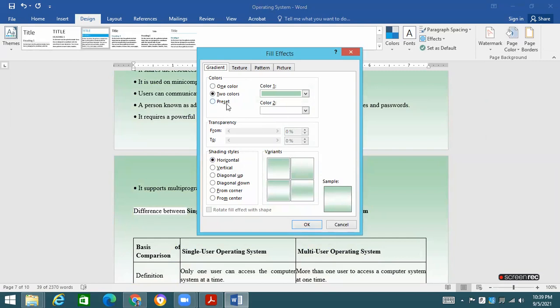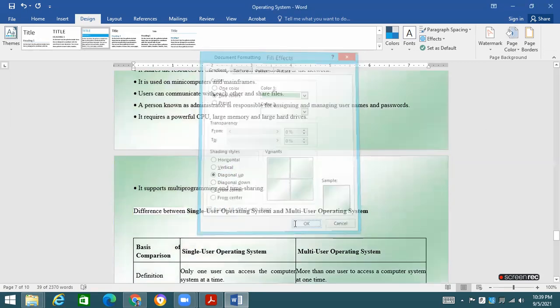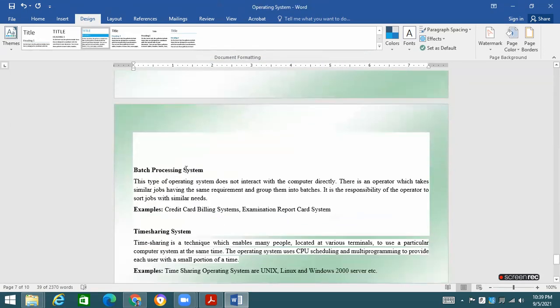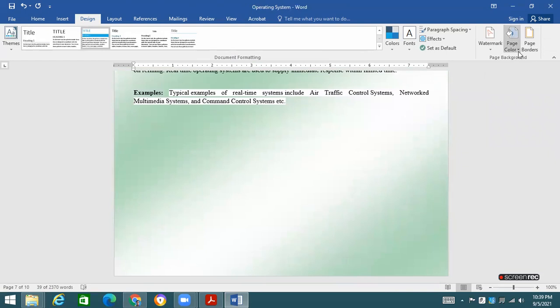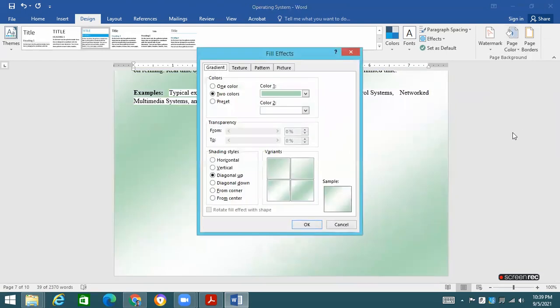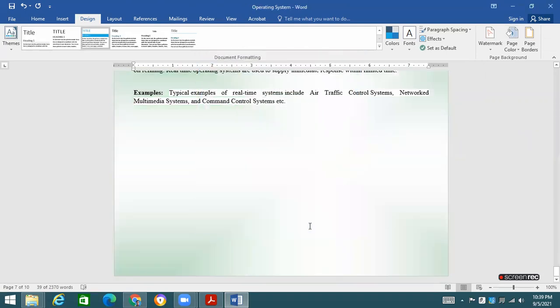Okay, in the background page color, you can even give these vertical, horizontal, diagonal designs as well with the shades. Now this is a diagonal design in the page color. This is the diagonal design that I have taken right now. From the corners, we can take in this way. Okay, similarly,